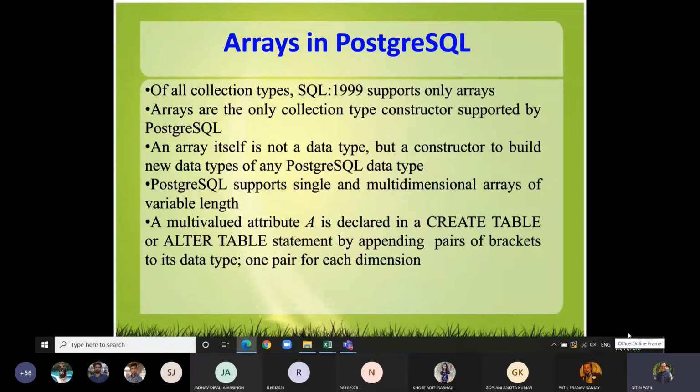So it is like in an ER diagram, you must have heard something about a multi-valued attribute. It is very good to describe a multi-valued attribute in an ER diagram, but how exactly can that multi-valued attribute be added into Postgres, or any database? So this is how one can make use of that multi-valued attribute through create table or alter table. Okay, how to do that?